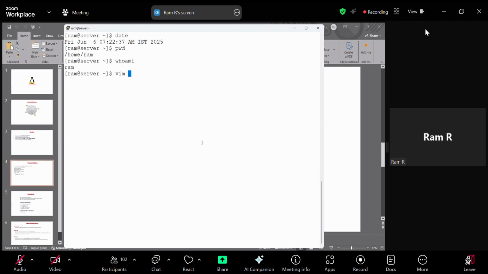Actually, vim is the command to create a file. For example, my file name is script.sh. Just assume this is one shell script. The script name is script.sh. Vim is an editor to create a file or to edit a file. Within the script, I want to write in the first line: exclamation slash